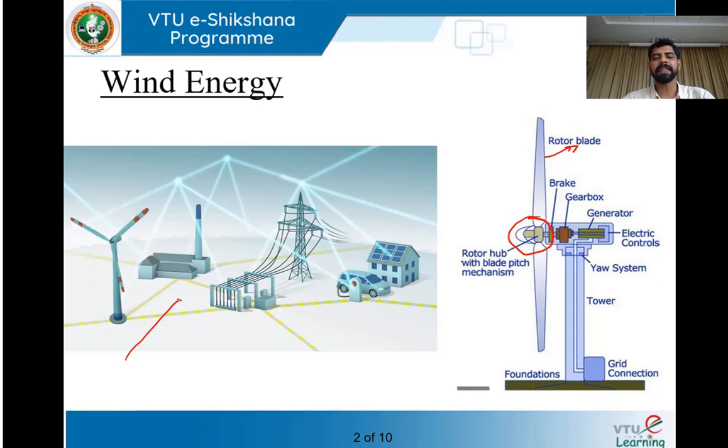When there is a difference in temperature, obviously that gives rise to a difference in density. When there is a difference in density, low density air will move away and high density air will push towards the hemisphere, thereby pushing the low density air towards the equator. That means continuous wind currents are created between the equator and the northern and southern hemispheres.